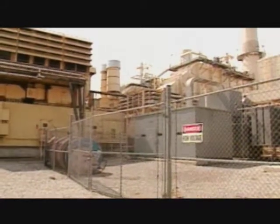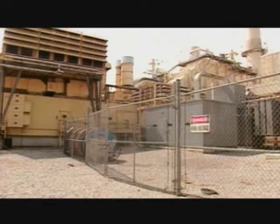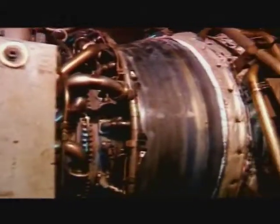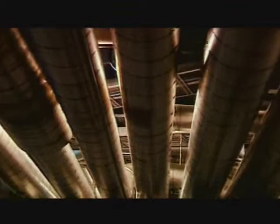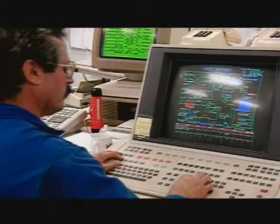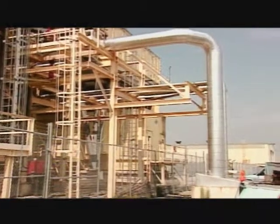This natural gas-powered generating station in Toronto manages to squeeze over twice as much useful energy out of its fuel. First, natural gas is burned in this turbine to produce electricity. Then the exhaust gases, still containing 2/3 of the original energy, are used to boil water into steam to drive a separate turbine. The steam which comes out of the steam turbine is then passed through this pipe under this